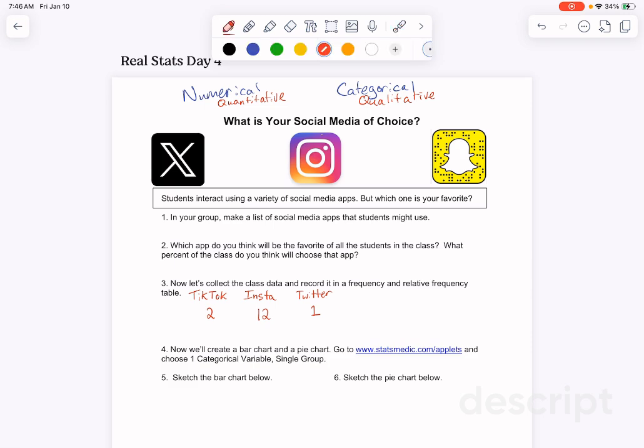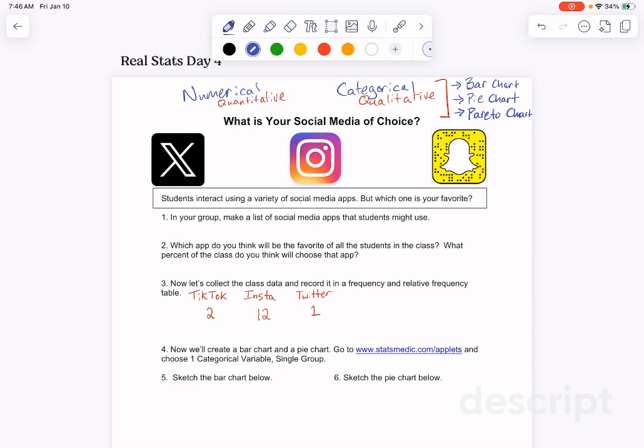When we have categorical data, there are a few types of charts that we are able to make. We can make a bar chart. I'm sure you're familiar with a good bar chart. We could make a pie chart, only in some circumstances though. We'll talk about that. And we could make, it's called a Pareto chart. And that might sound completely foreign to you. I promise it's not. We'll see how to do a Pareto chart later.